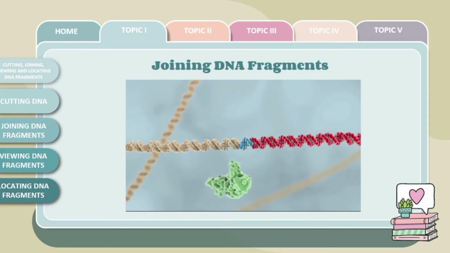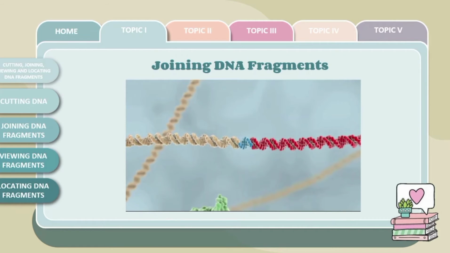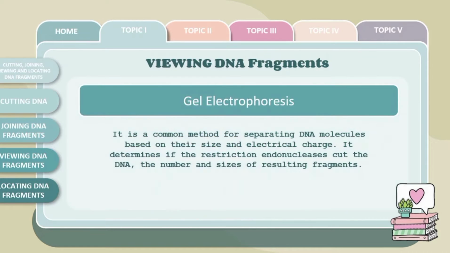The next point to discuss in topic 1 is viewing DNA fragments. Gel electrophoresis is a method of viewing DNA fragments as well as separating DNA molecules based on their size and electrical charge. It determines whether the restriction enzymes cut the DNA and the number and sizes of resulting fragments. This will be tackled deeper in later topics, so let's proceed to the last point of topic 1, which is